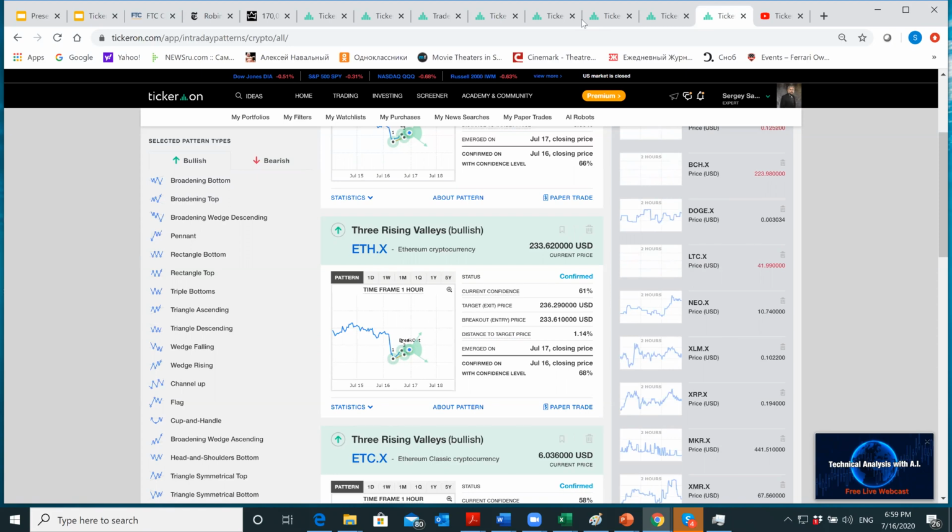What's the difference between AI predictions and real-time patterns? AI prediction is the tool which is being